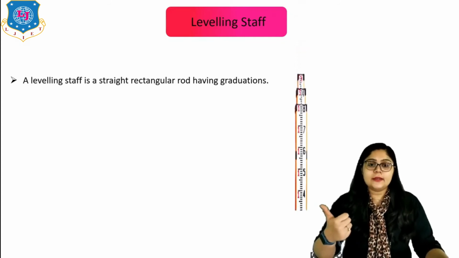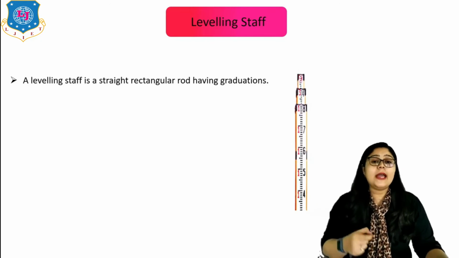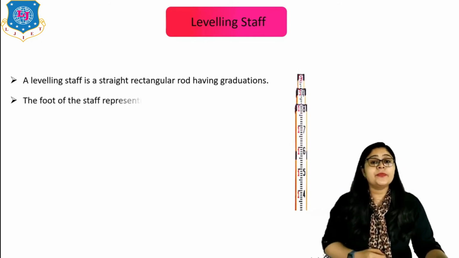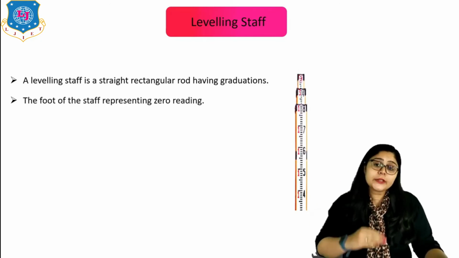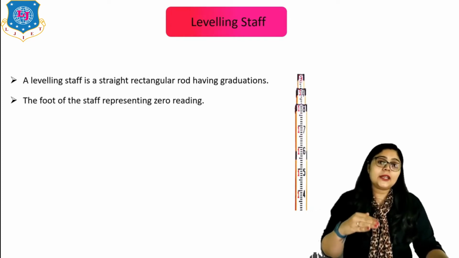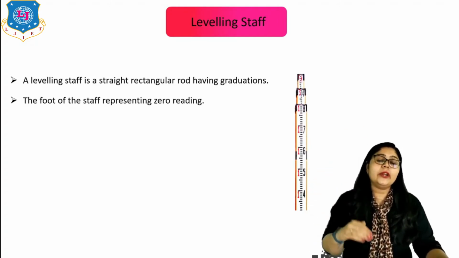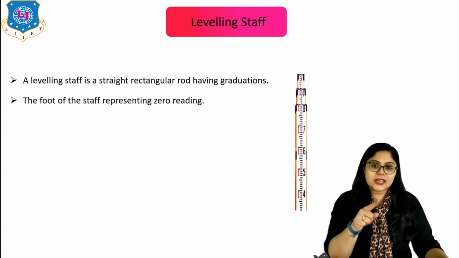It looks like this, right? So here you can see a rectangular rod having different markings over it. Here again, the foot of the staff represents 0 reading. Now we are taking reading from 0 to 2 meter, 4 meter, whatever the length of that particular staff,